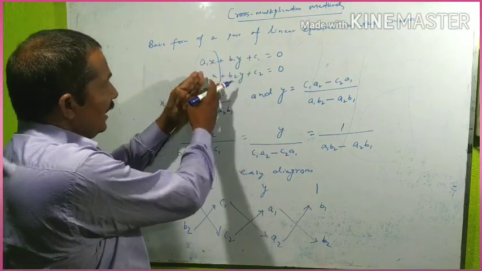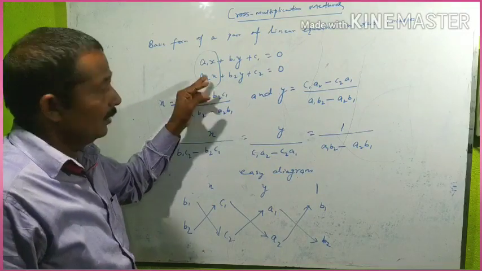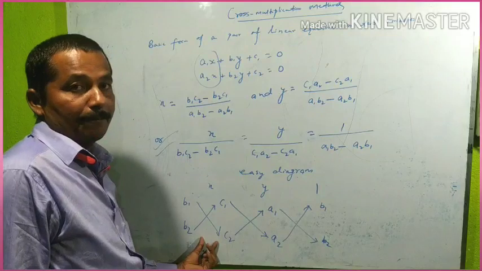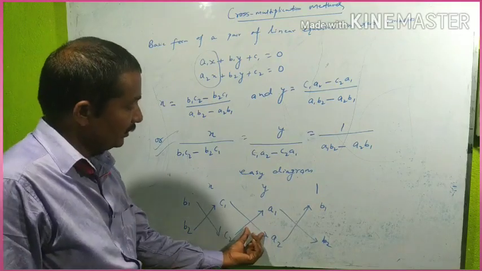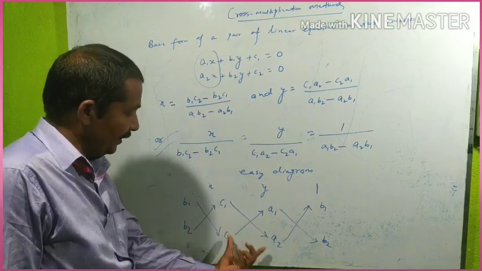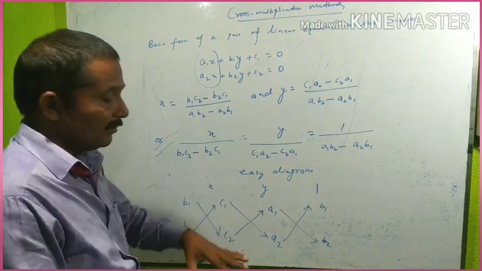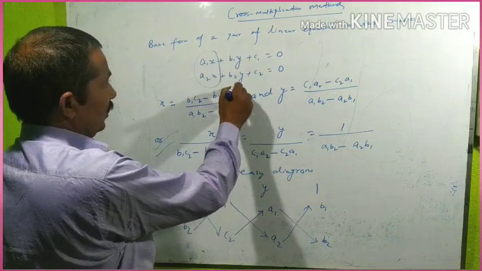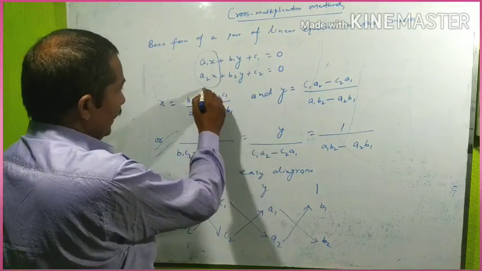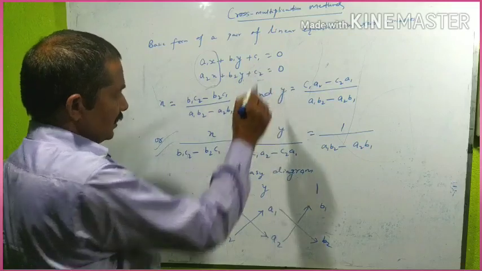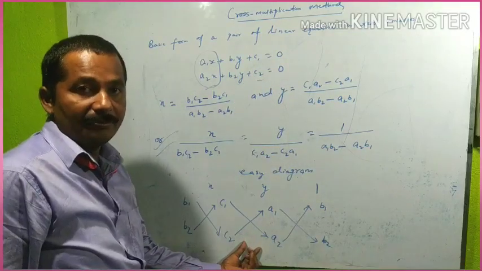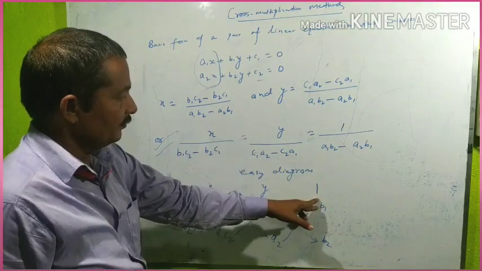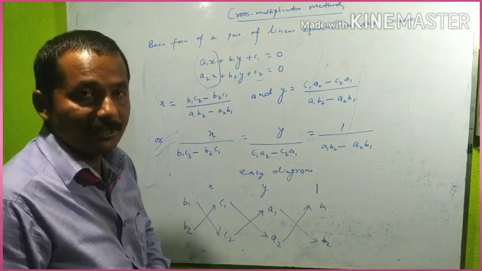Meaning, leaving out the x terms, the remaining two types of terms you have to write in this. Now look, for y, the pair: except the coefficients of y, leaving out the coefficients of y, the rest, the x term and constant, have been written here. And the last one is 1 here, which really represents a constant term.